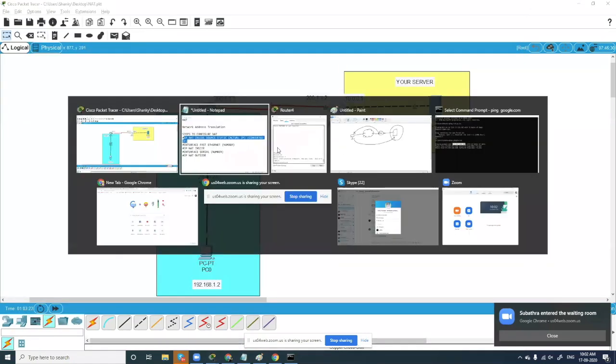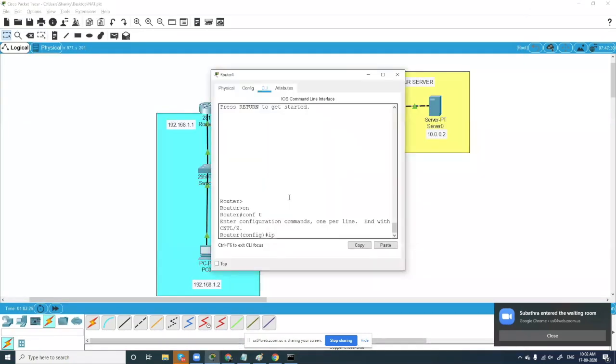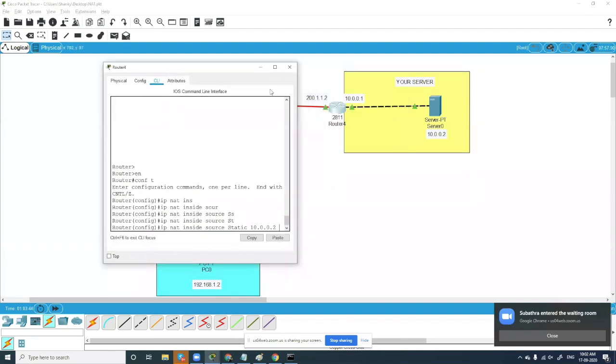Let me type this: ip nat inside source static, the actual IP address is 10.0.0.2. And the converted IP address is 200.1.1.2.